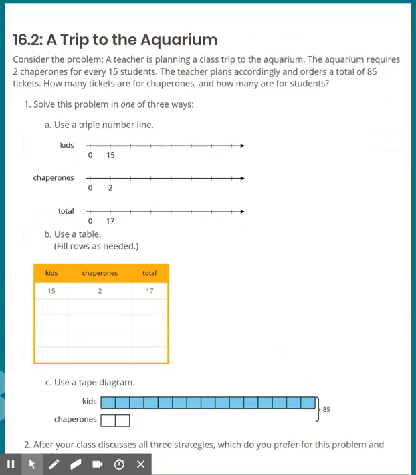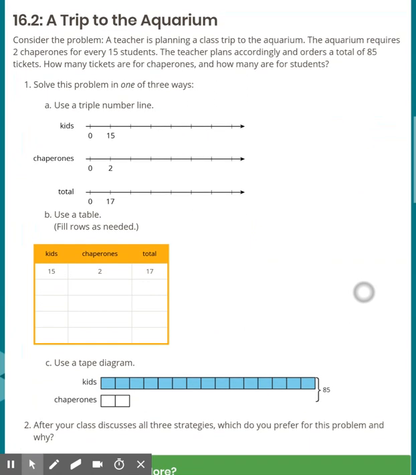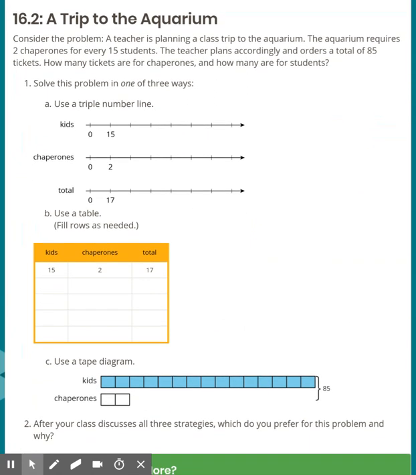In the second activity, there is one problem, but 3 different ways to solve it. The lesson plan suggests 2 different ways you could do this. You could assign students to a particular strategy, or you could let students choose which strategy they want to use for this. And then either way, I like their idea that after kids have done the work individually, you make